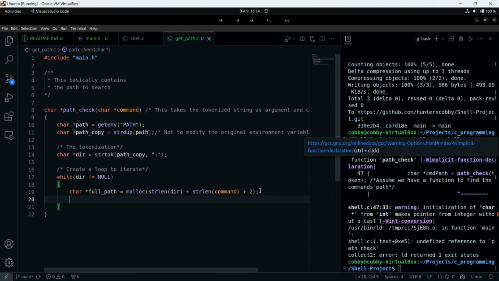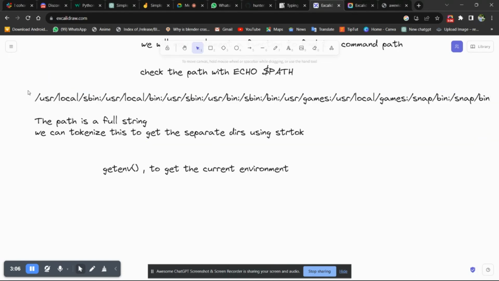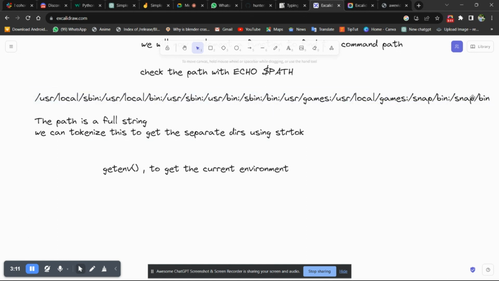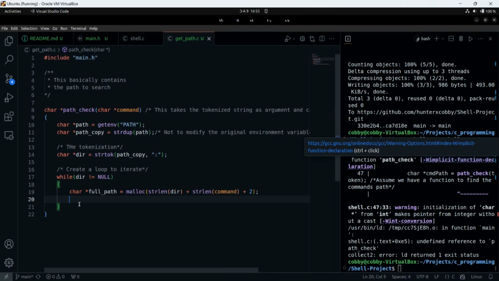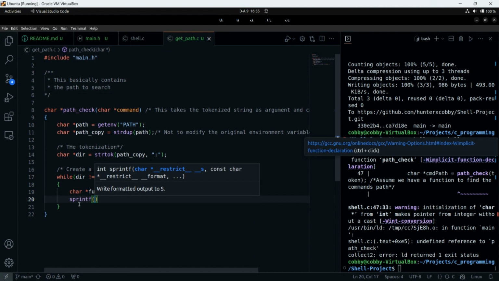So let's move on. We would want to format it. So after getting this string, we would want to format it. Before anything else, let me try and print what we can. In the tokenization, we can print, right? So let me do my thing. So sprintf is basically what is used to format strings, right? And this is how we are going to format it.